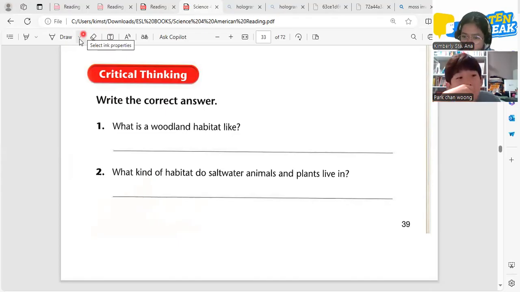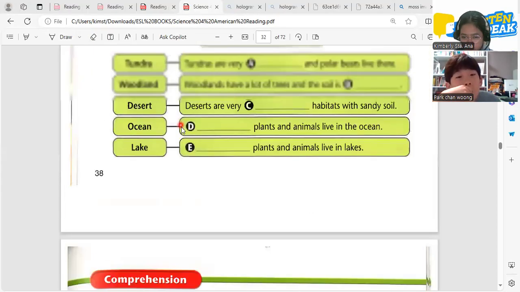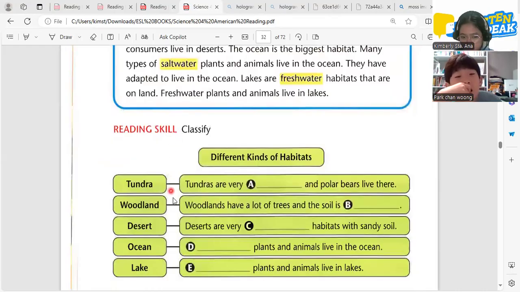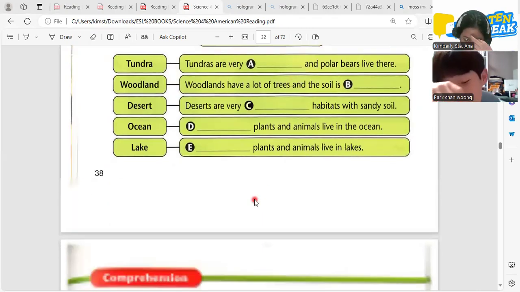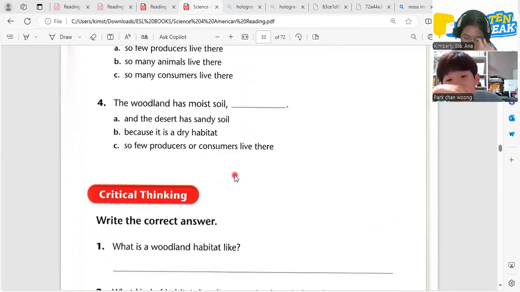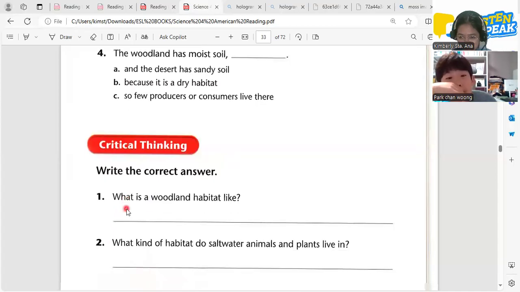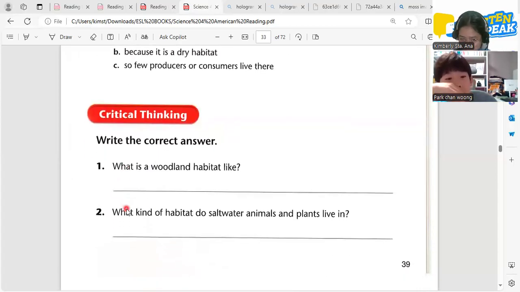We already learned that a while ago. Woodlands have a lot of trees and the soil is moist. So this should be your answer for this question. Can you answer number one again? Woodland habitat has many trees and the soil is moist.